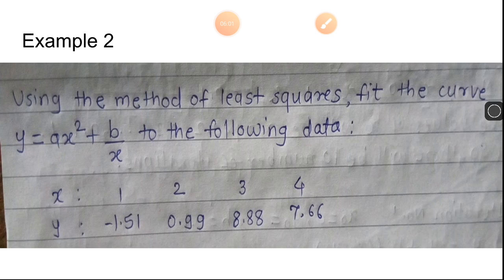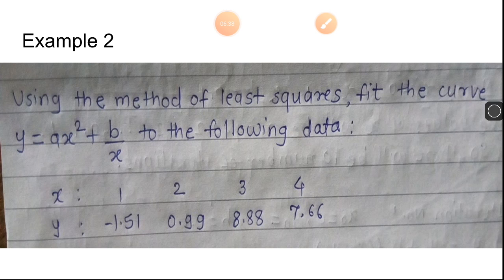Let us see one more example. Using the method of least squares, fit the curve y equal to ax square plus b upon x to the following data. The data points are, the values of x are 1, 2, 3 and 4. And the corresponding values of y are minus 1.51, 0.99, 8.88 and 7.66. We observe here the number of data points are 4, that is n is equal to 4,